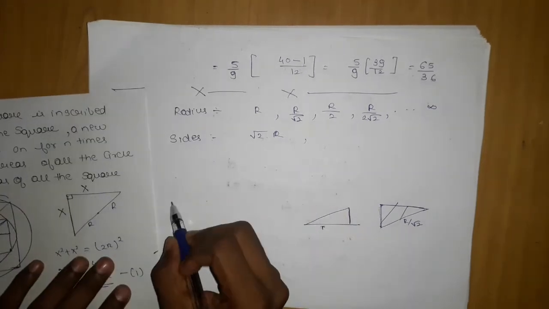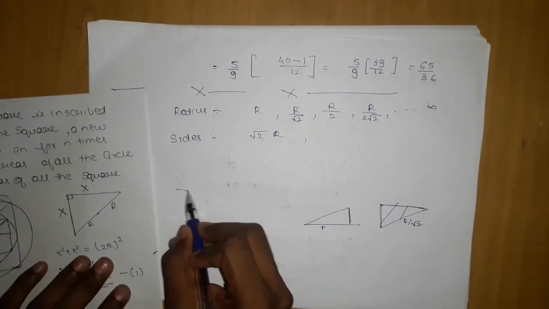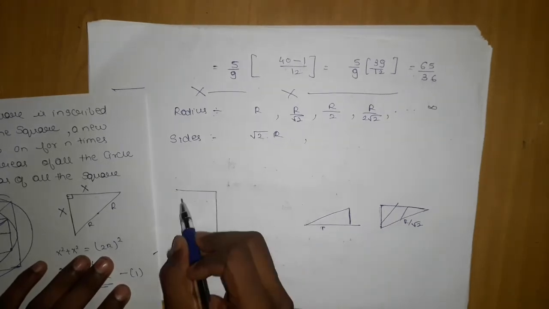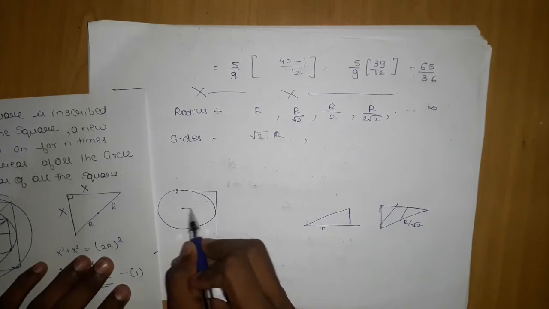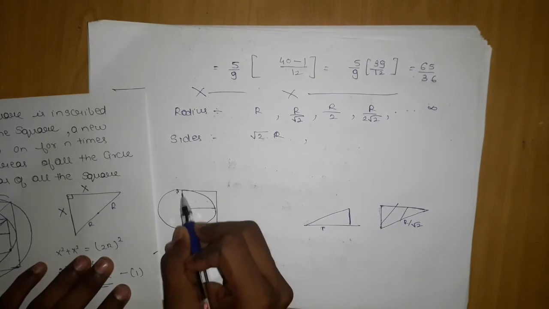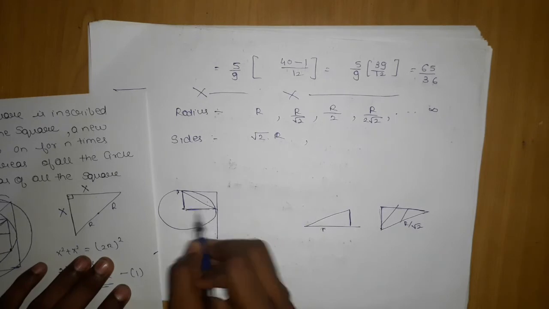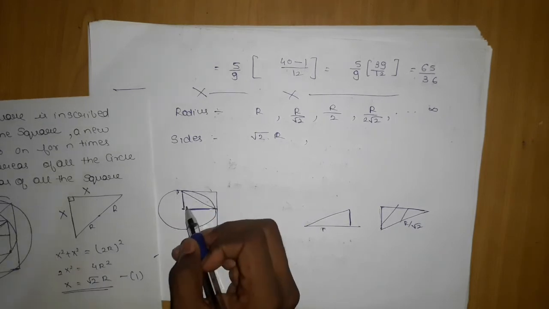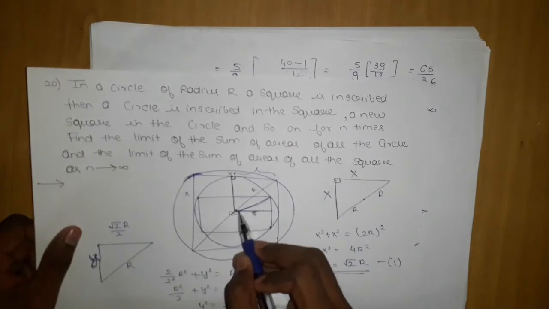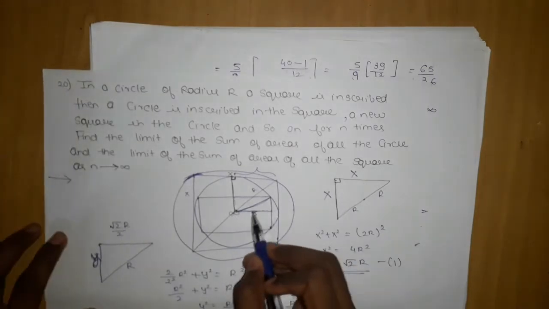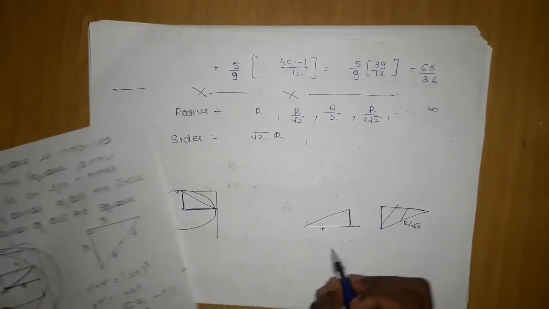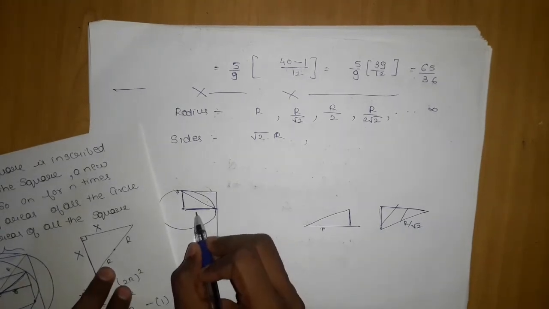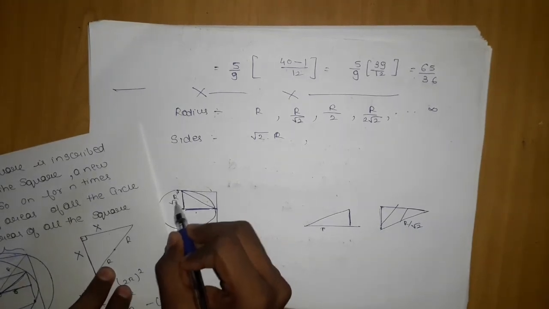Now let me draw this diagram. Here there is a square, right, and then there is a circle inside. Suppose this is the circle and there is one more square here. So if I consider this as a right angle triangle, my this length will be similar to this. So whichever triangle I consider, this length will be equal to its half, which was r by root 2. And this radius is r by root 2.